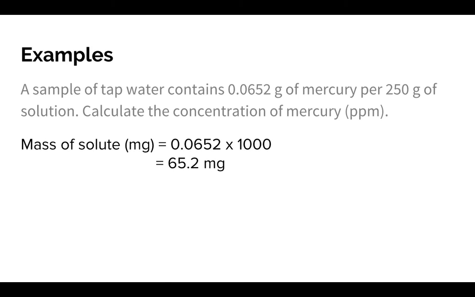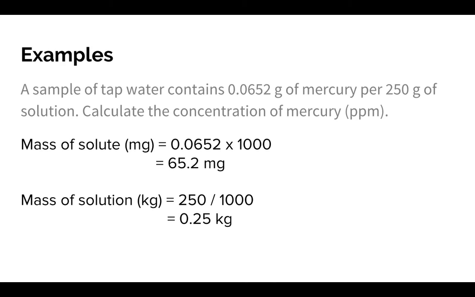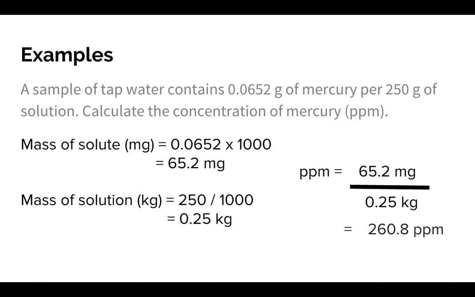So in this particular instance, the mass of the solute must be converted to milligrams, as previously stated. So we need to times this value in grams by 1,000 to get the number of milligrams. So we have 65.2 milligrams of mercury. The mass of the solution in kilograms must then be converted from grams, and that gives us a value of 0.25 kilograms. So the parts per million calculation is simply 65.2 divided by 0.25, which gives us 260.8 parts